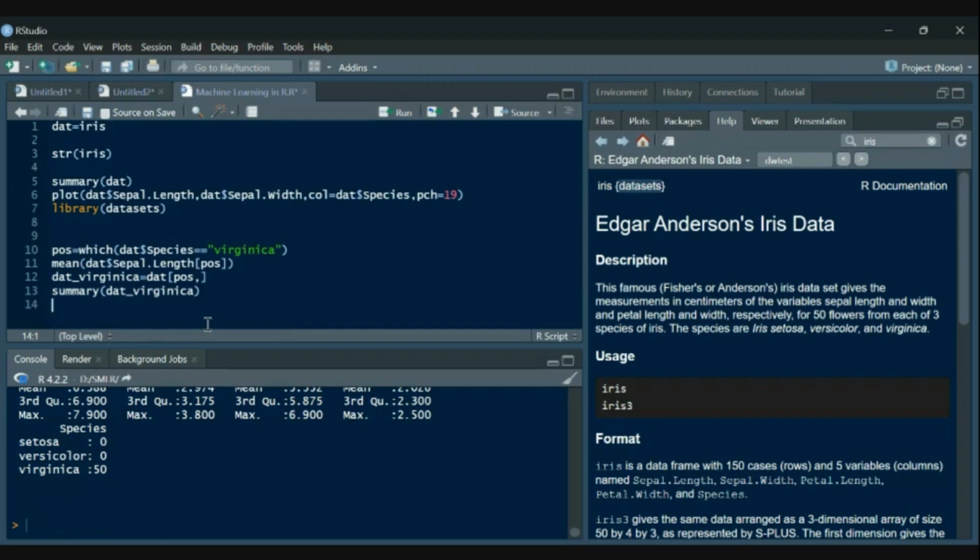So this is how we can get the summary of a particular species as well. We can check for the plots which we have done in the previous session. So let's check for DAT sepal length, and let's create a histogram for it.